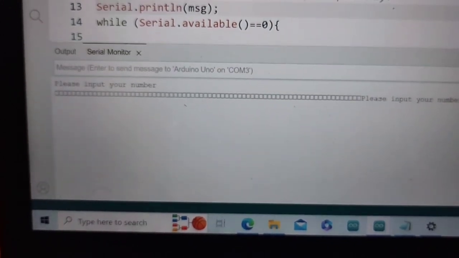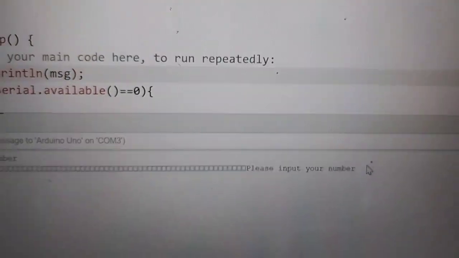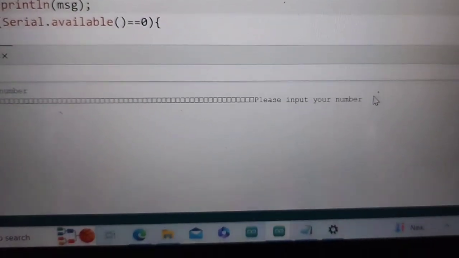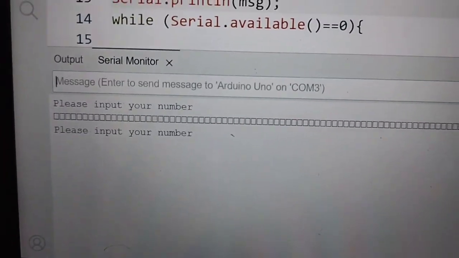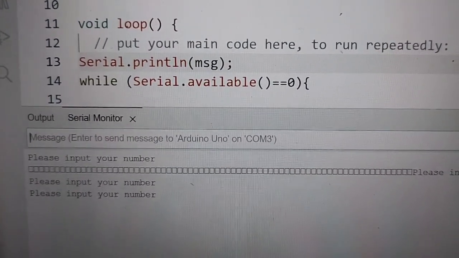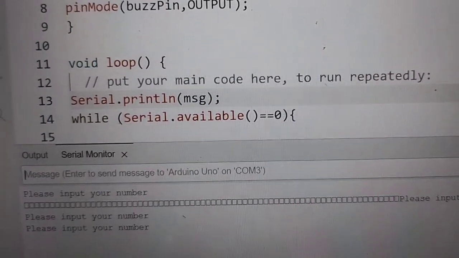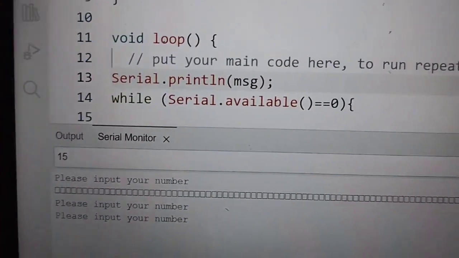So in my serial monitor, I have the message here as "please input your number." So I'm inputting 9, and I'm entering it. There is no sound, because the value is lesser than 10. Now if I give a value above 10, I will just give 15, and let's see if the buzzer